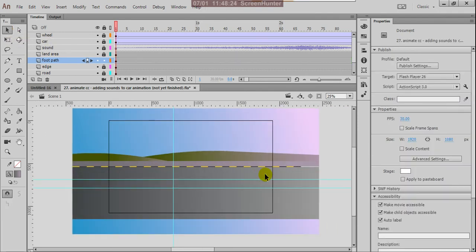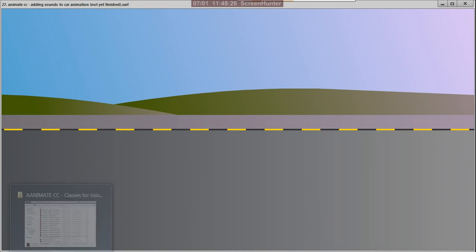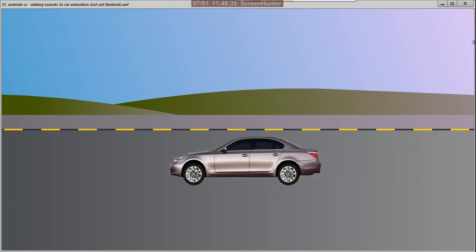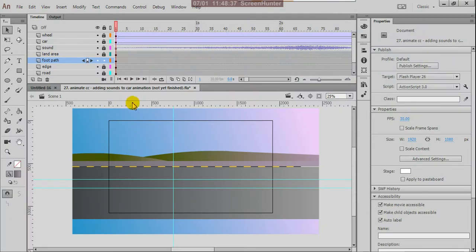Now we can see with Control Enter. Now what I'm doing here, Control S.